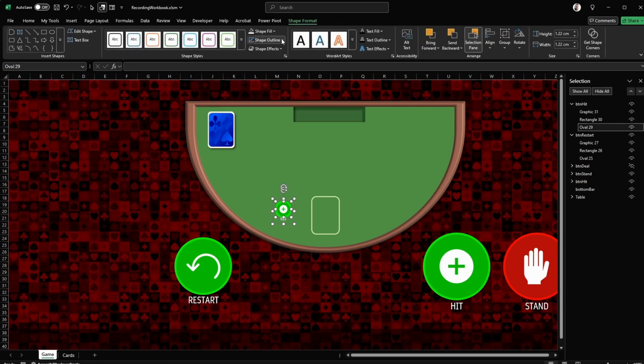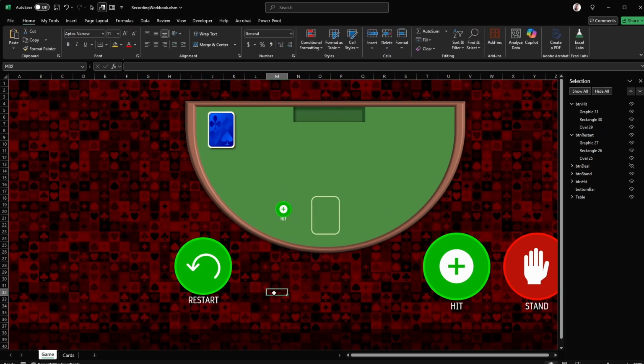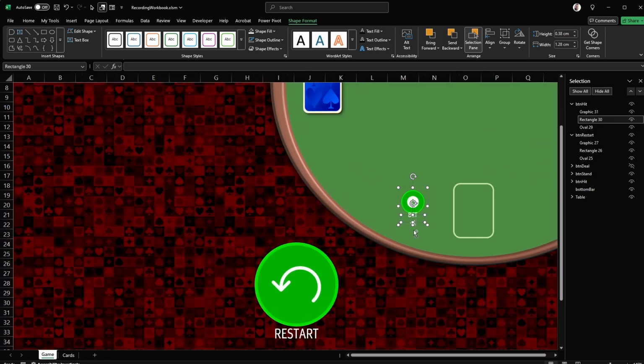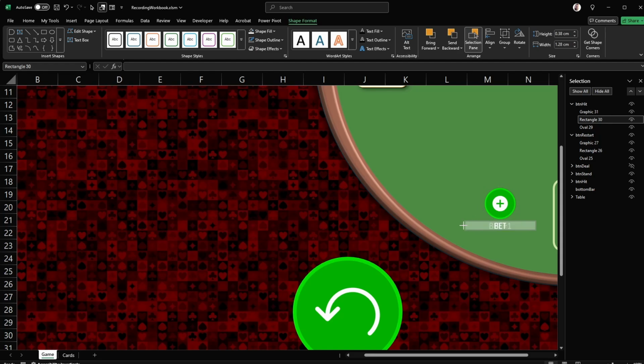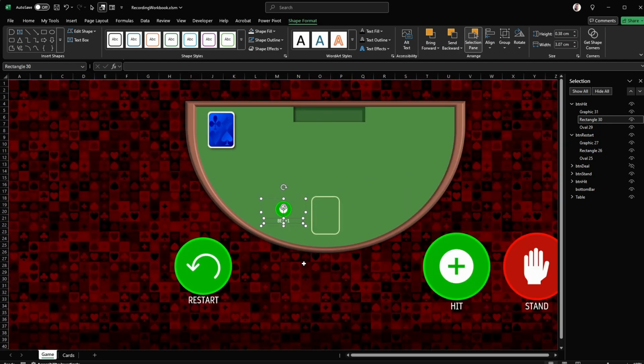That outline's too big now, so we're going to bring that back down, maybe like that. Text down, and change the text to, this is going to be bet plus 1. I mean, plus $1. Wider. So we're going to call that button bet